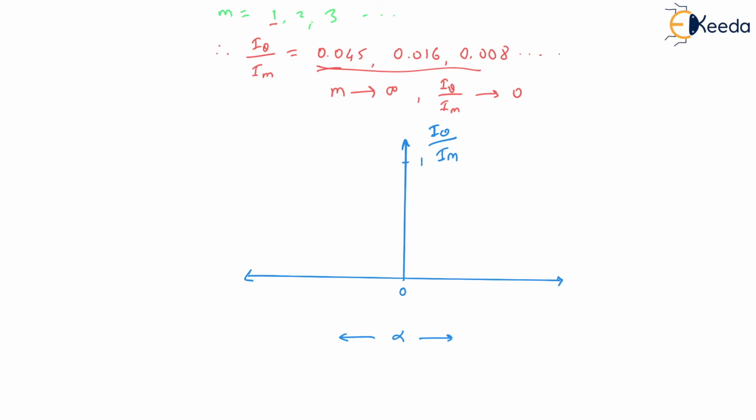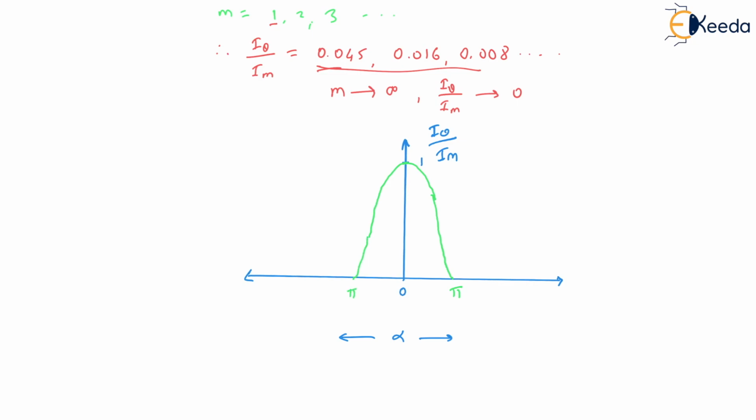Now see how the graph changes. From this highest point at 0, the intensity will be maximum, and then the intensity decreases like this. Here you will get the first minima. This will be the value of pi, an angle of pi. And on this side again the same, here this is again pi.